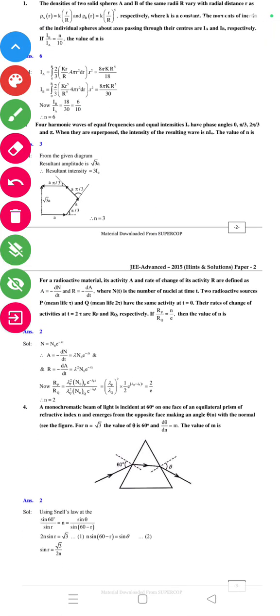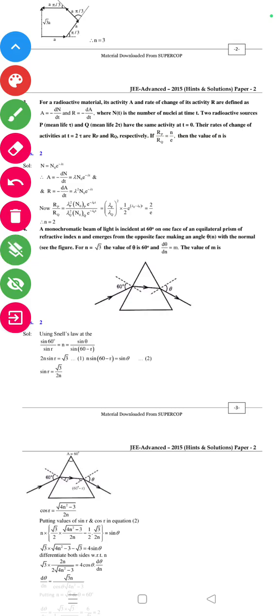सवाल 4 हार्मोनिक वेव्स ऑफ द इक्वल फ्रीक्वेंसीज and the intensity I naught have the phase angle 0, pi by 3, 2 pi by 3 and pi. When they are superposed the intensity of the resulting wave is n I naught. The value of n कितना हो जाएगा। तो from the given diagram resultant amplitude is root over 3 a, resultant intensity is equal to 3 I naught। तो ये pi by 3 दिया, root over 3 a, pi by 3 a, pi by 3। तो n is equal to कितना आ जाएगा, 3। तो इसका आंसर आएगा 3।